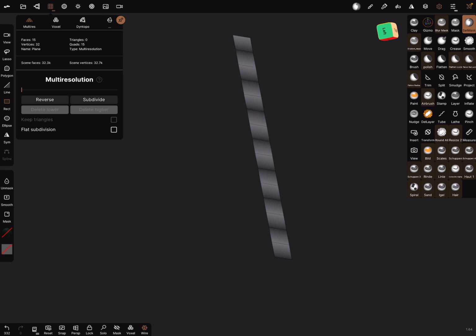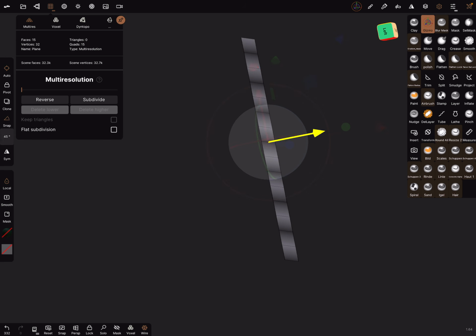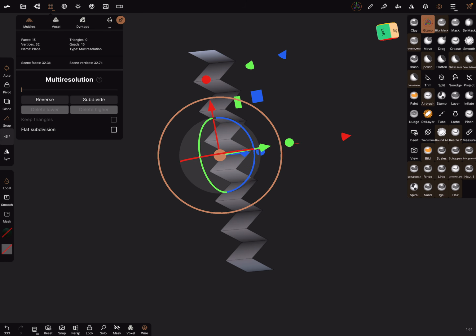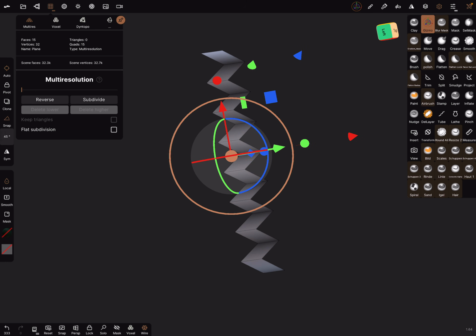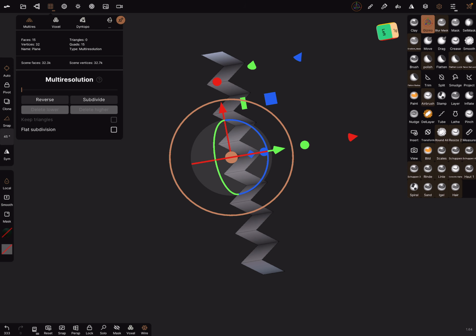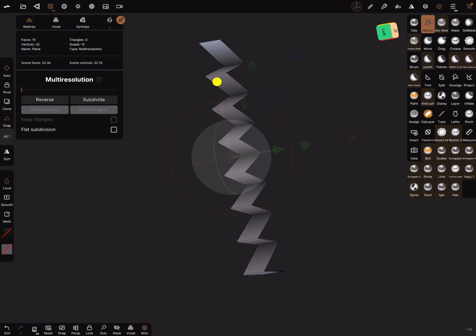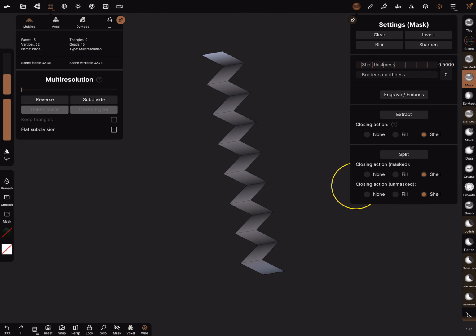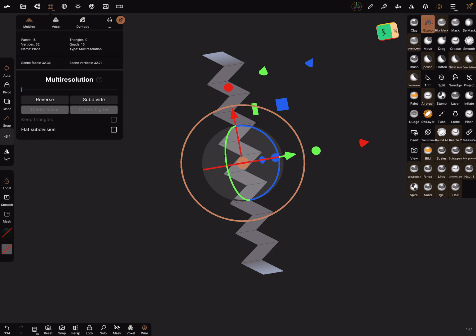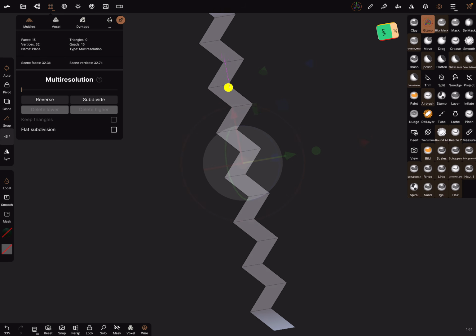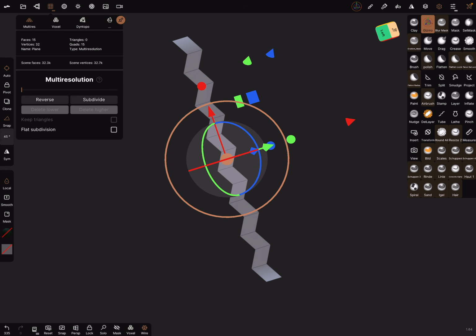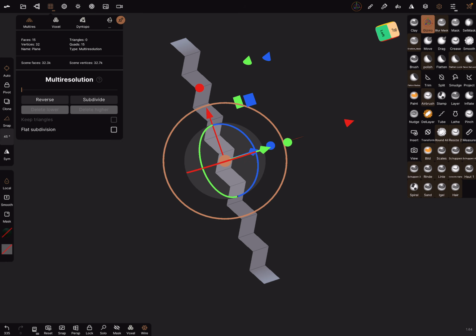Okay, change your view, use the gizmo, and now you can adjust the object like this. And remember the subdivision, and you can, no, it doesn't work. We have to clear the mask. And now I think it works. Now you can scale it in this direction, and when you're fine, you can use the subdivision.